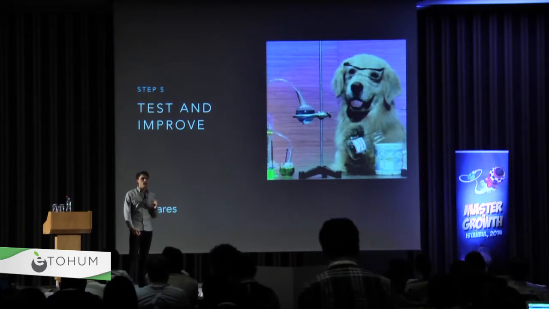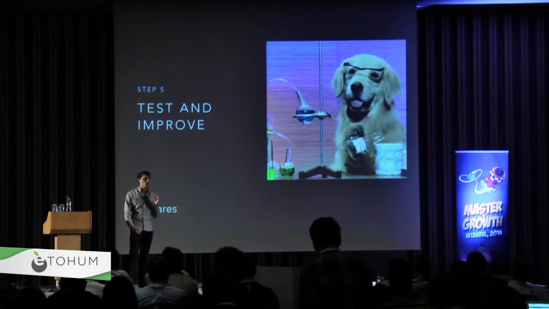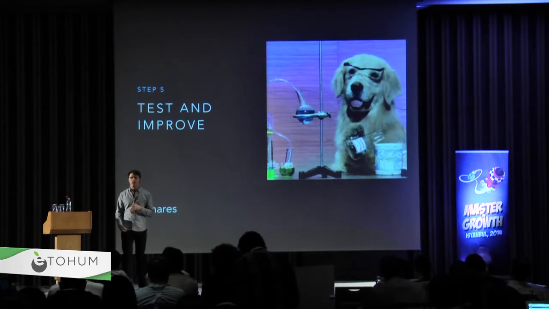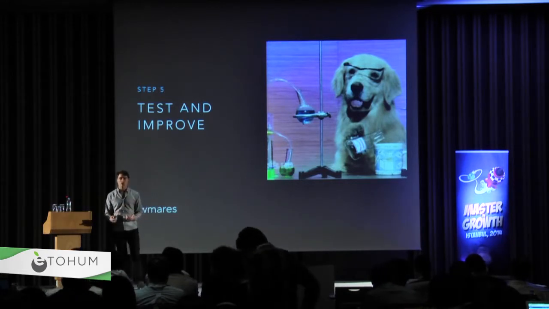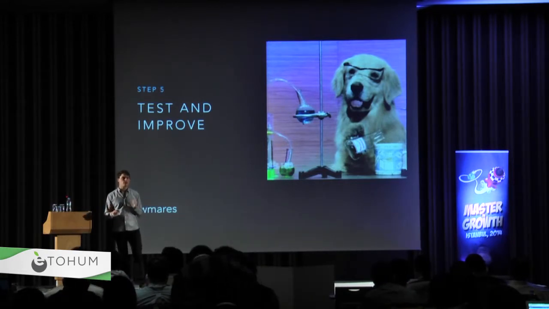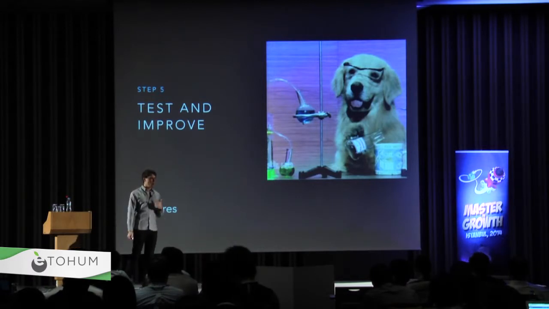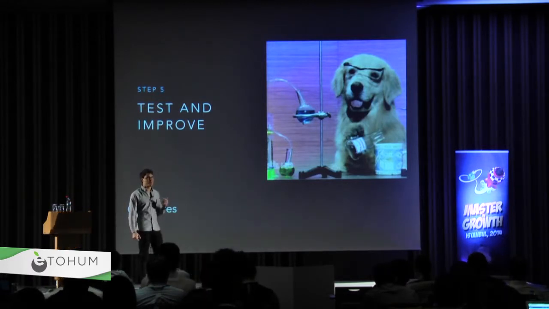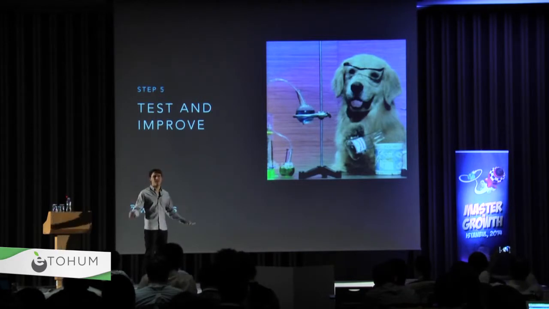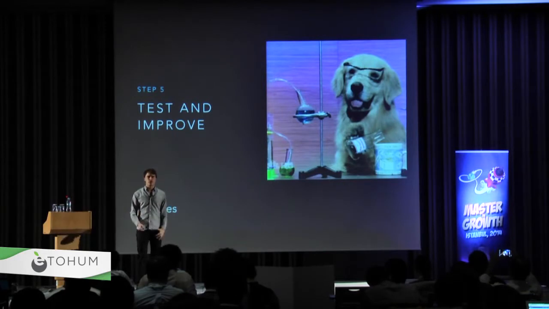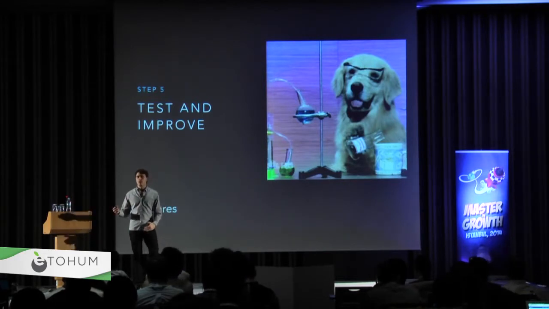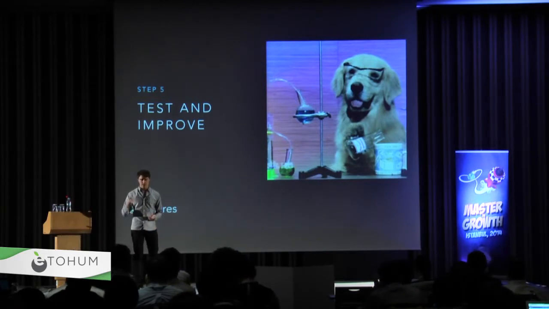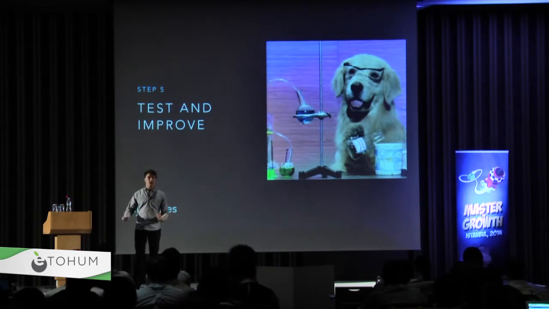Other tests that we ran, in terms of improving activation rate: one of the best things we did was we tagged people who had signed up within the last 30 days. If you came to our site and signed up, within 30 days we would give you priority support. We would give you any price breaks you asked for. We pretty much did whatever you wanted. And we found that this was super useful in getting people to, 1, love us, 2, tell their friends about us, and 3, sign up and end up paying us at the end of their trial.